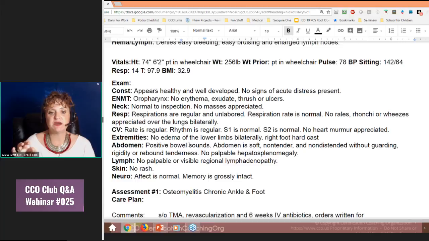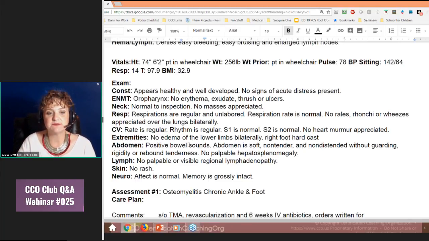Extremities: no edema of the lower limbs bilaterally, right foot hard cast. Now we've got validation again, that line saying, hey, yeah, he's in a cast because he has osteomyelitis and he had an amputation to his foot. So that's fabulous. We have confirmation. We've got our line. Also, the fact that he checked the feet, the extremities, can give you a line